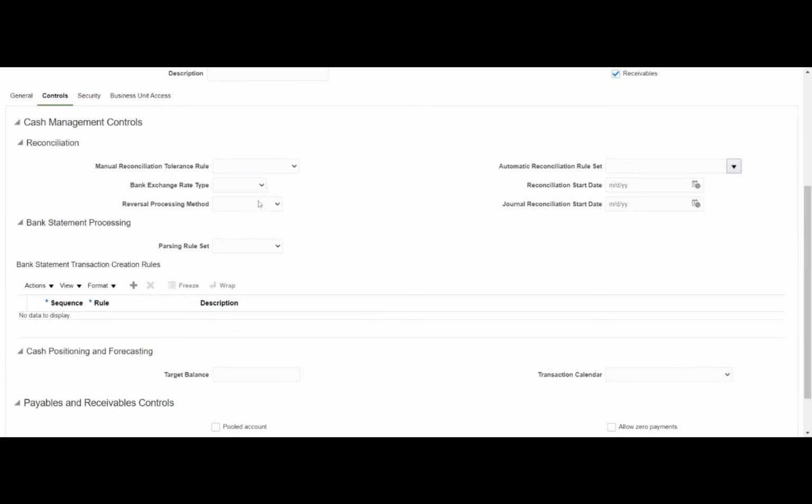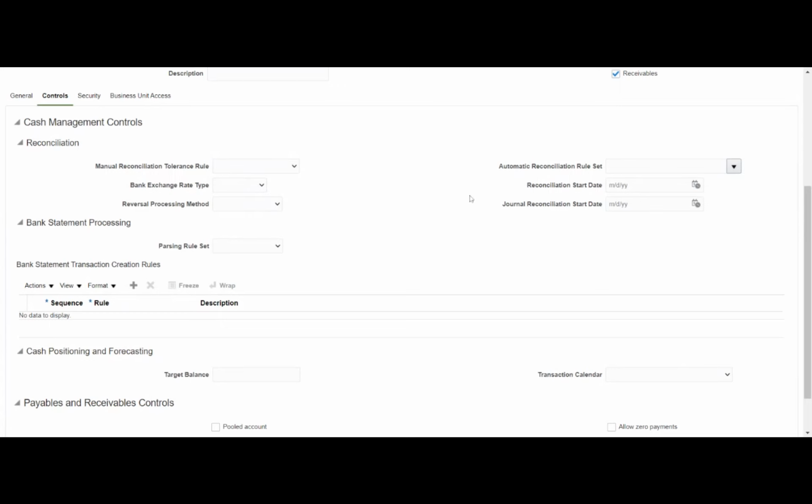Okay. And then exchange rate. Let's say this is an account where a foreign currency transaction is involved. So I can enable the rate type basically. This is nothing but our corporate or the different rate types that we define in GL. Okay. And then we have the reversal processing method. Let's say this is a reversal, which means probably an insufficient fund or any other reason. How should I handle this reversal? Whether I should reverse or reverse with a debit memo. Accordingly, I can choose these options.